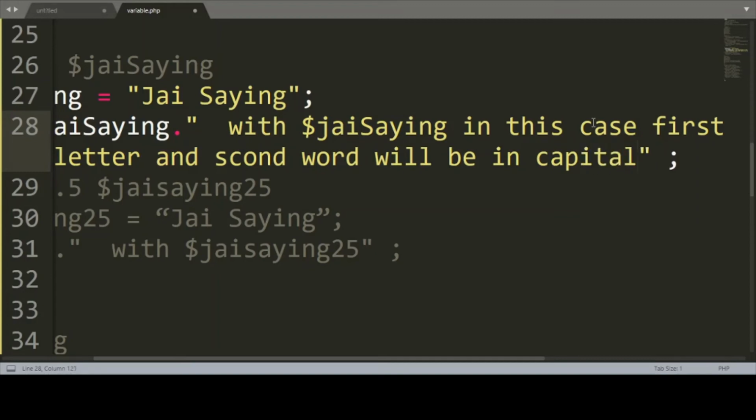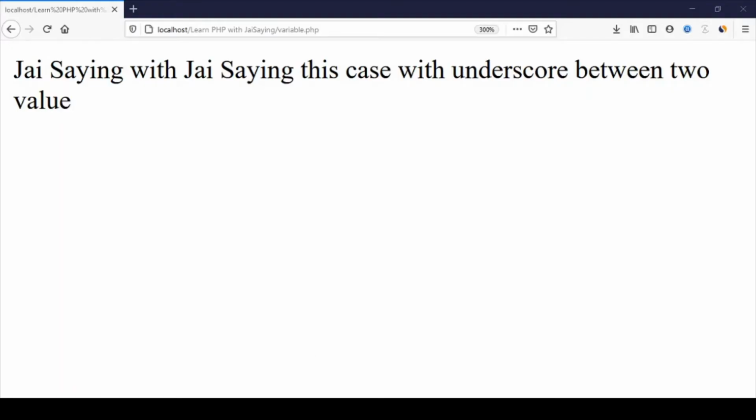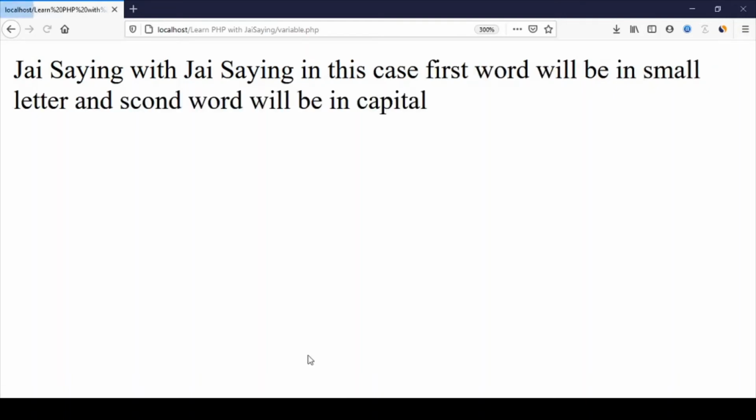Okay, so now I'm going to execute this. You can check here. JSing in this case, the first word is in a small letter and the second word is in capital. So this case is also correct.